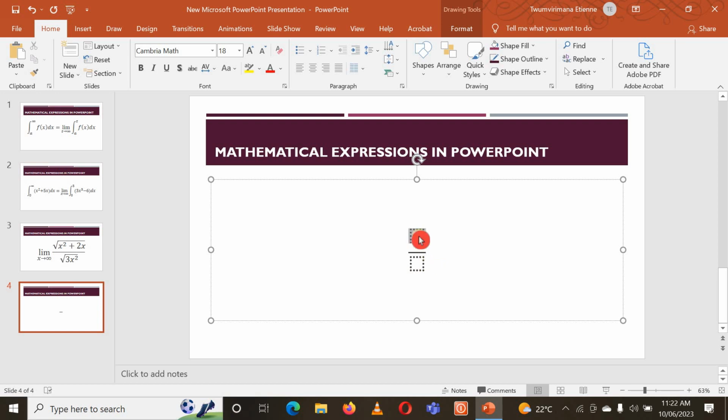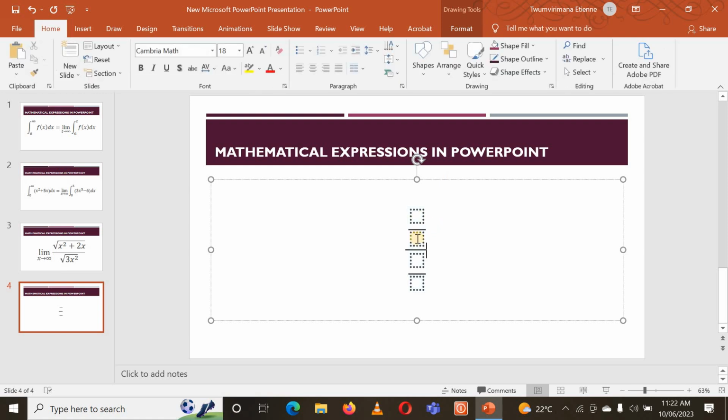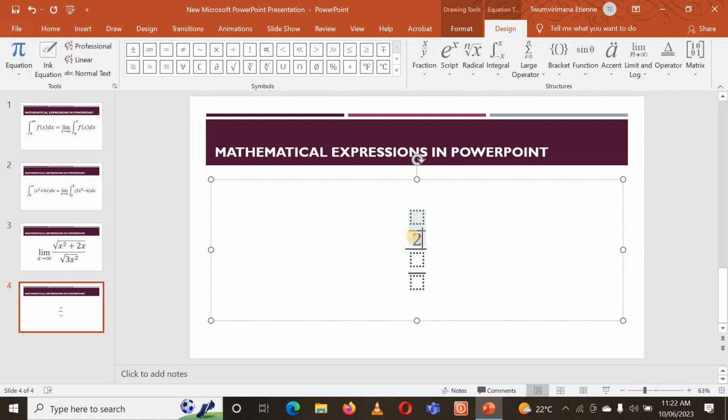If you want to type a fraction of a fraction of a fraction, just come here and go to design again. Once you have left this, you find it here in the design, or you can go to equation tools, as you see. And here I can put another fraction. I can click on it. You can see one box also is turned into a fraction. I can even turn this into another fraction. You can just go on and make fractions of fractions. I can here put maybe 23. I can here put numbers. Maybe it's 45. I can here put maybe 6 of